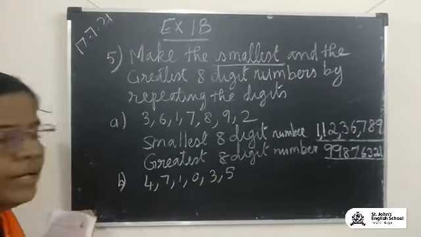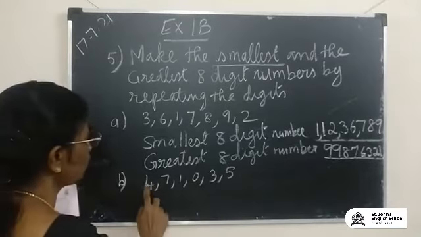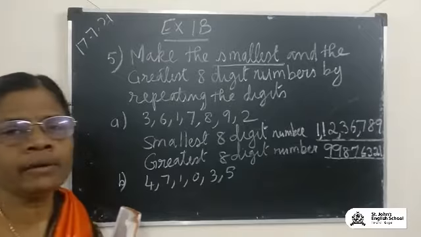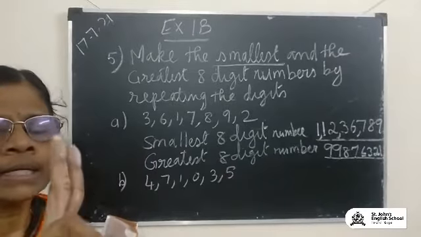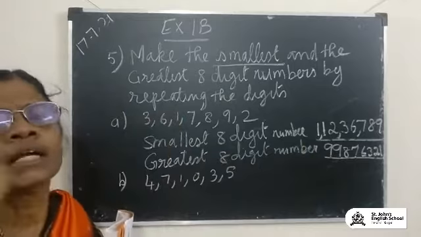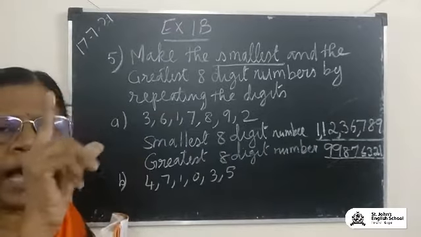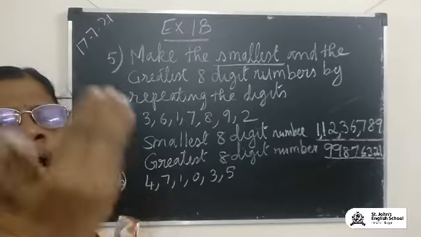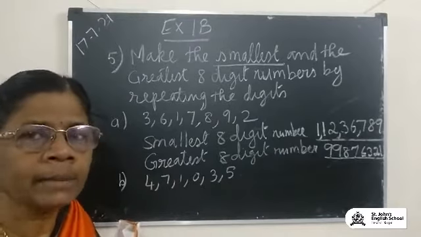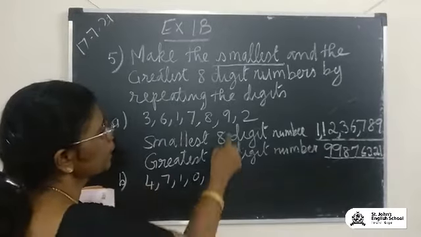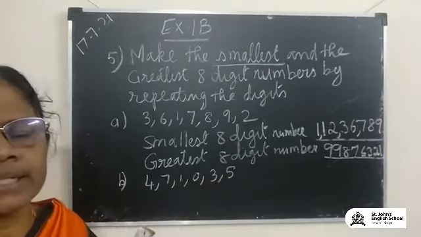Okay, now when you count this, children, you have got 1, 2, 3, 4, 5, 6 numbers only. But you have to have 8 numbers. So how many times? Not only one time, you have to repeat it one more time. So after that, you write the biggest number one more time, repeat it 2 more times. Okay, after you write the smallest number one time, repeat it 2 more times. So that from 6 numbers, you will get the 8-digit number.